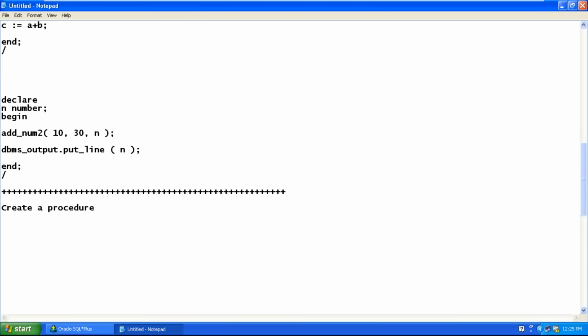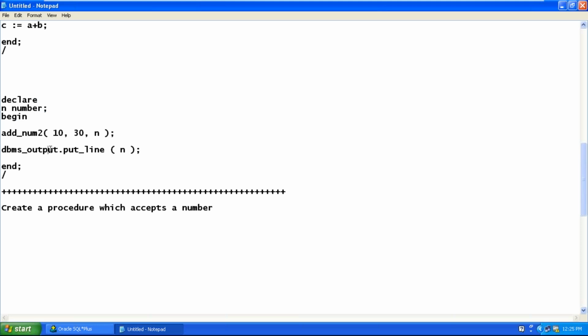Create a procedure which accepts a number. In our invoking program, if you don't give DBMS output, will it display 40?